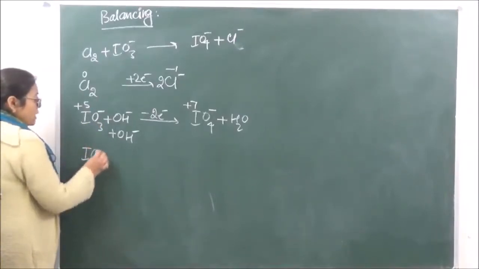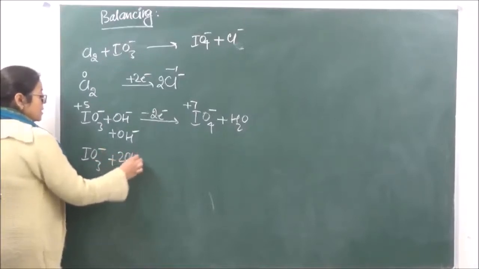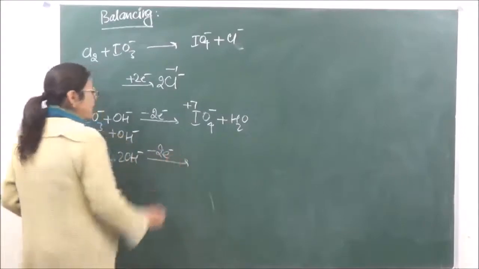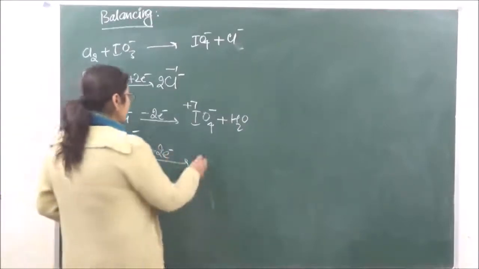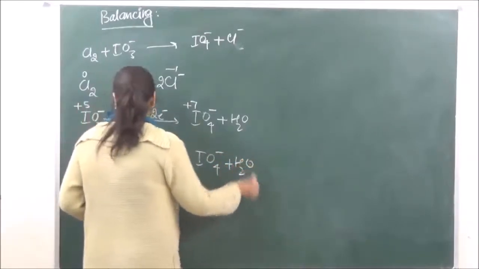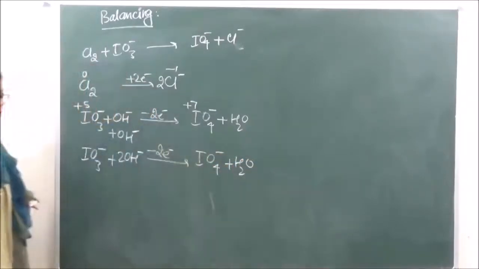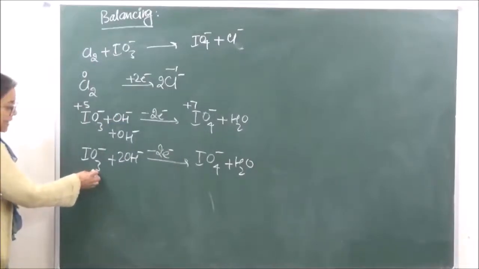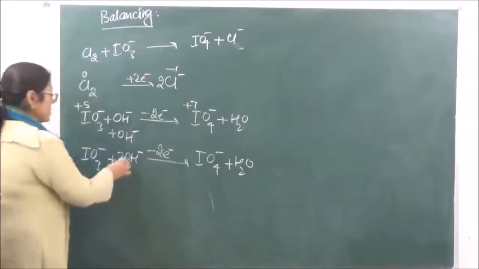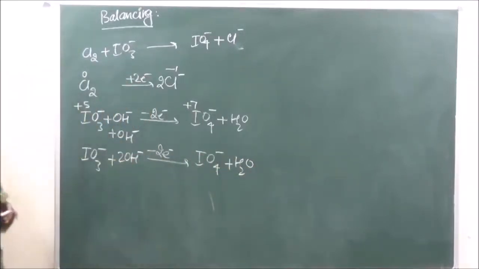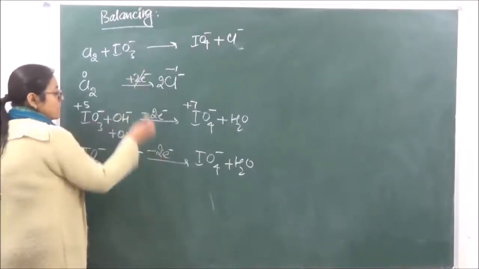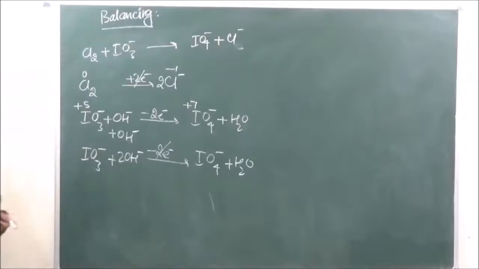So what is going to be this balanced equation now? We have IO3 negative plus 2OH negative minus 2 electrons to give us IO4 negative plus H2O. Okay, so you just see if your oxygens are balanced. We have 3 plus 2 is 5, we have 4 plus 1 is 5, and hydrogens there are 2 and there are 2 hydrogens. So this is a balanced equation. Now over here we have number of electrons as same. So there is no multiplication which is going to be required.